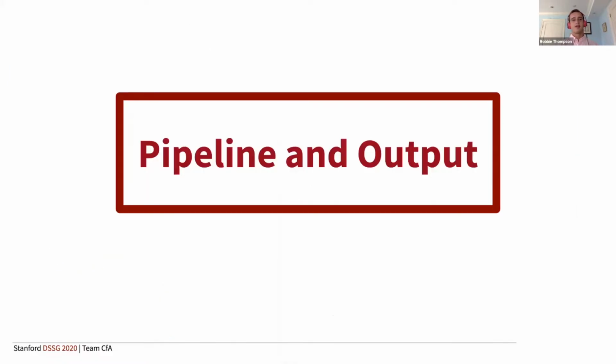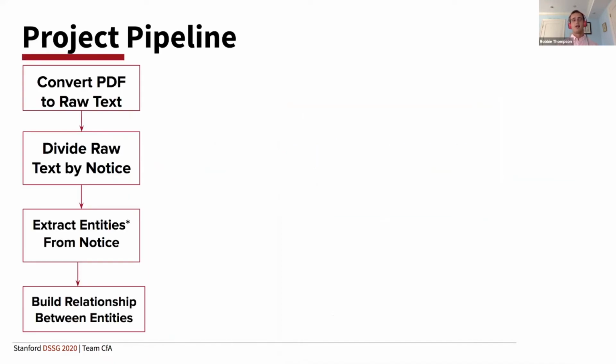So with that said, I'm going to talk a little bit about our pipeline and our output, and hopefully discuss how we improve these processes. To give you an extremely broad overview of what our process does from start to finish, we start with these raw PDFs that are published online on websites like Connected Africa, and we want to take the PDF through a chain of work, which gets it all the way down to a structured data set where we have entities, like say a person or an address or a company, and then also relationships between them, like say a certain company owns a certain piece of land.